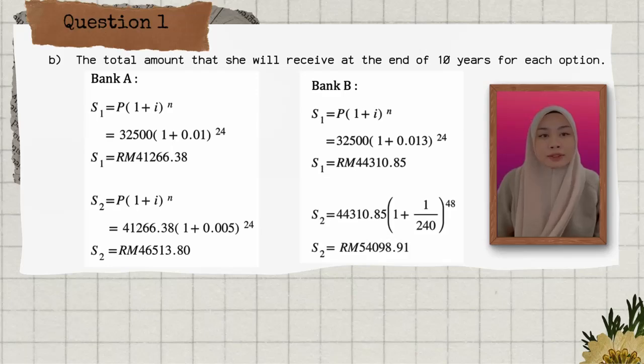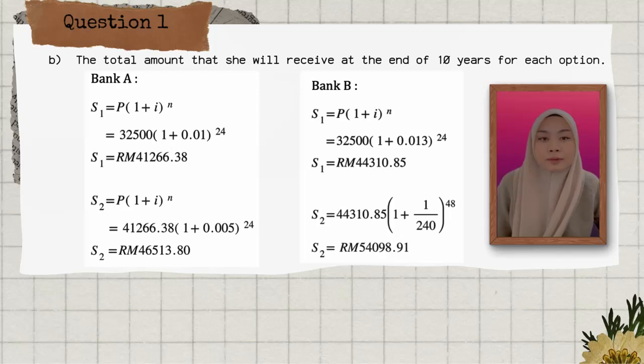Question B. The total amount that she will receive at the end of the tenure for Bank A is S1A, the total amount after investing for 6 years. Use the formula S equals P multiplied by 1 plus i to the power of n. Substitute all the values: 32,500 multiplied by 1 plus 0.01 to the power of 24. The answer is 41,266